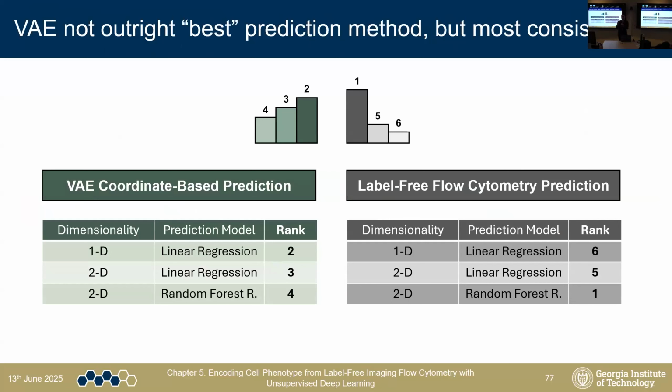There is one combination of pre-treating the data and using a specific type of fitting model where the flow cytometry comes out on top for the first one. But the VAE is the most stable and most consistent in that it's not really dependent on how you treat your data, what type of fitting you're using. It will give a good fit regardless.